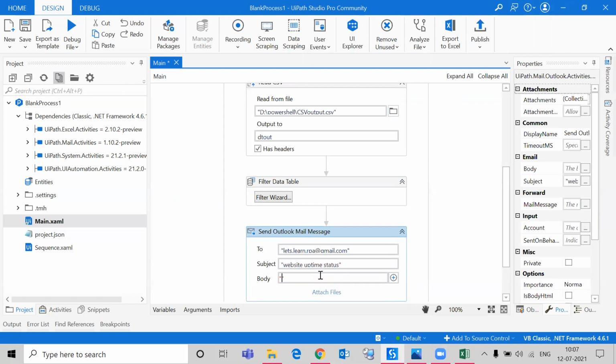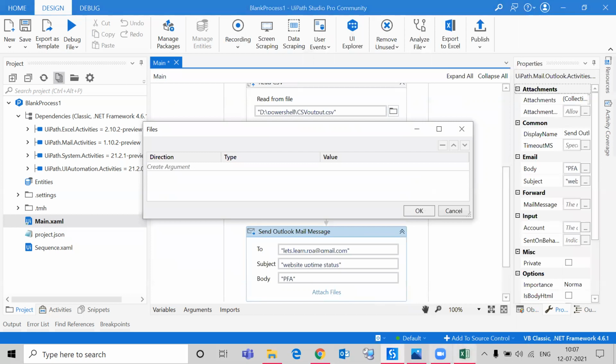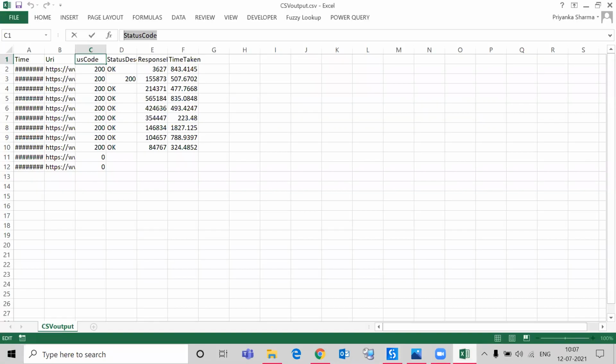And here in body you can customize whatever you want to write. You can even write HTML text if you want to customize a particular format in your body. And here you can either send this data table within the body itself, or you can send this particular file as an attachment.